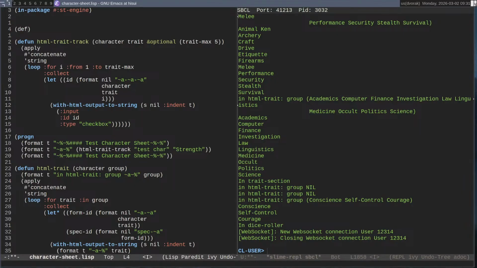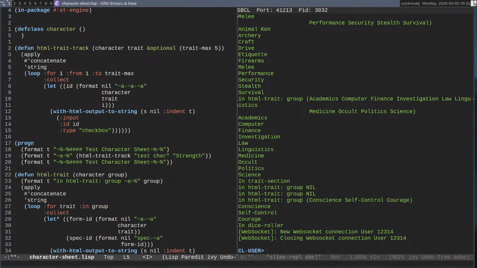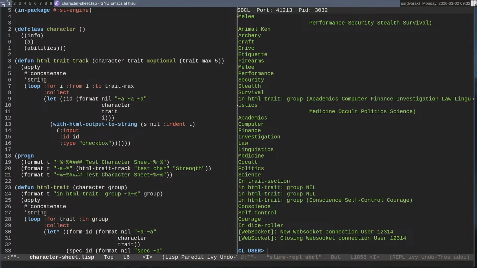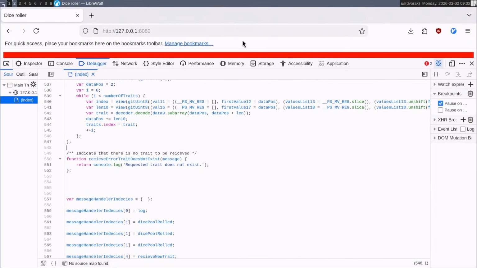So we're going to write defclass character, and I think I do that because I'm not inheriting from anything. And then I want to have info. I want to have abilities. I want to have attributes. Is that what a character sheet looks like? What does a character sheet look like?